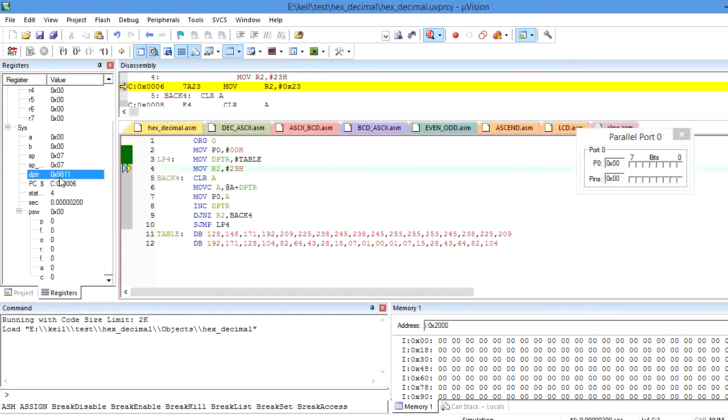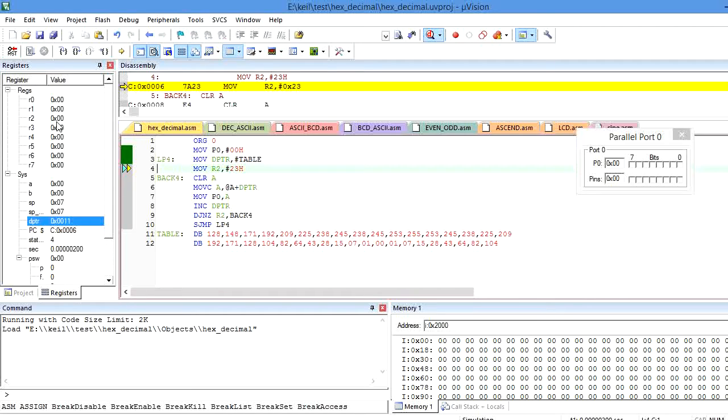The data pointer now holds the table address, which is 0x0011. And the 23 indicates I took 23 decimal values. You can take values from 0 to 255, but here I took only 23 values by using the formula 5 plus 5 into sine theta. We can even calculate a larger number of decimal values; if we calculate more values, we get more accuracy in the sine waveform. Here in this program I took only 23 values, that's why I am going to store 23 into the R2 register.